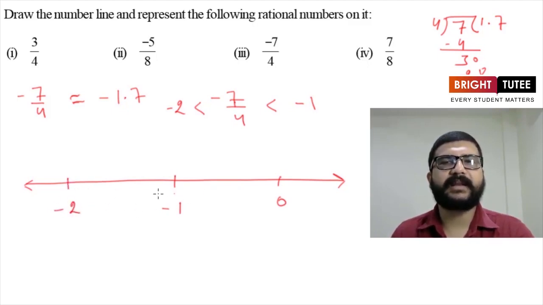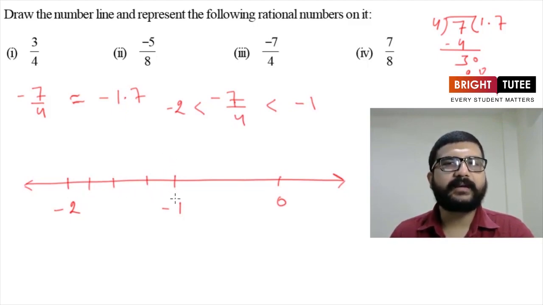So here is the number line. The required region is minus 2 to minus 1. We have to divide this region into 4 equal parts because the denominator is 4 here. So how many markers do we have to use? We have to use one less markers, that is we have to use 3 markers. So it will be like this: 1, 2, 3. So using these 3 markers we have divided this region into 4 equal parts.